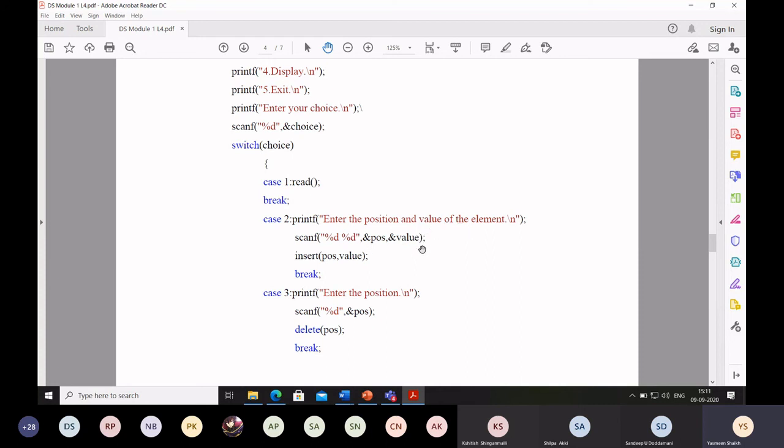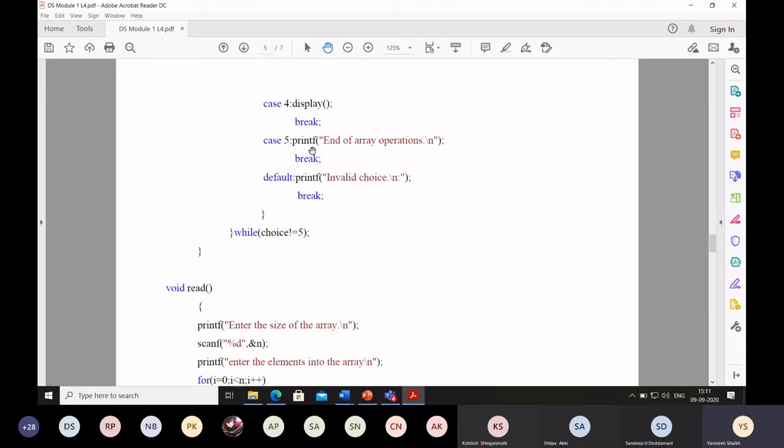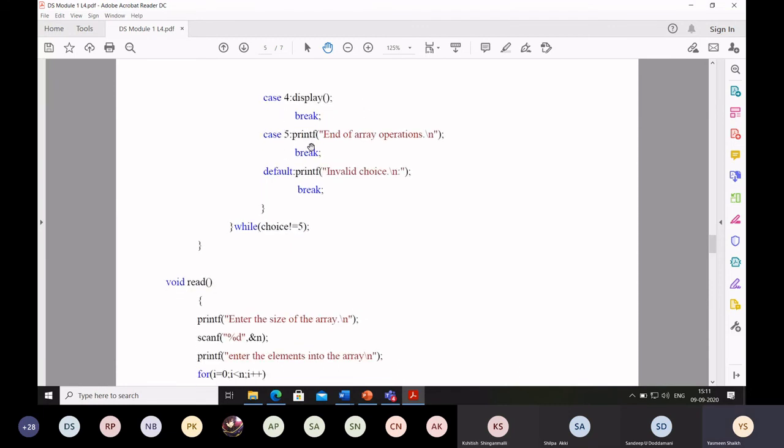Here you have to read the position and the value, then call the insert position function. The third choice is for deletion, the fourth choice is for display, the fifth choice is for break, and the sixth one is for exit. So this do while will repeat until your while choice is not equal to 5. Once it becomes 5, it will terminate.